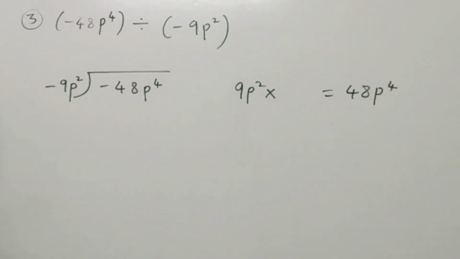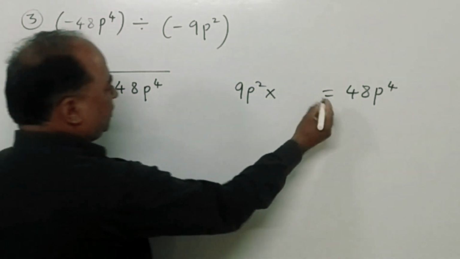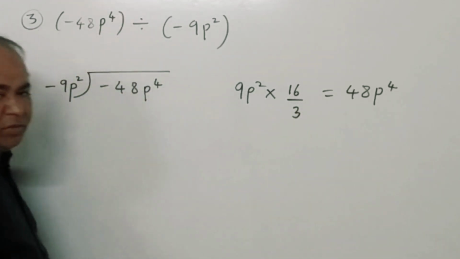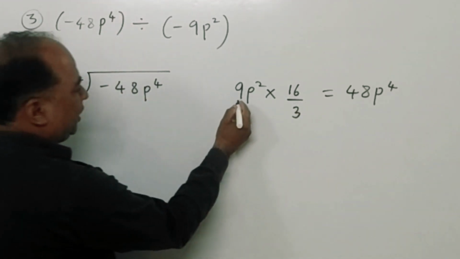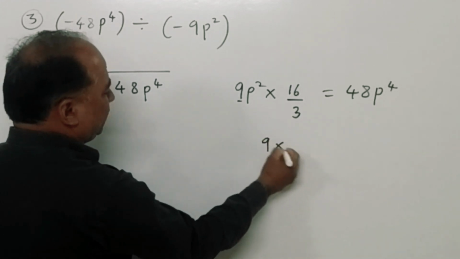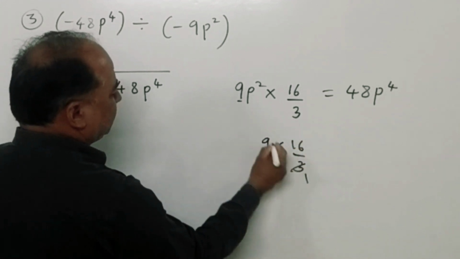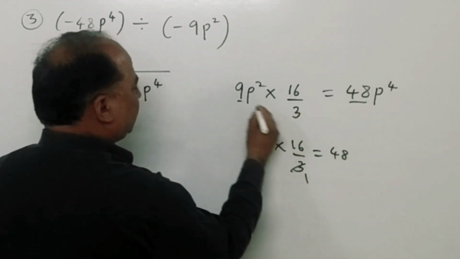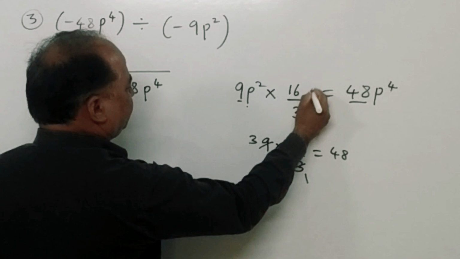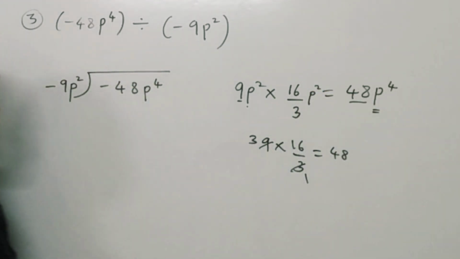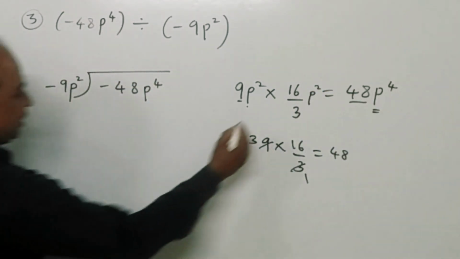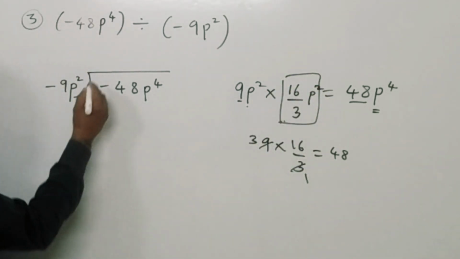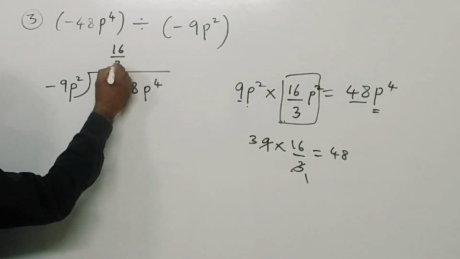So here you have to multiply the number 16 upon 3. When you multiply 9 into 16 upon 3, 3 1s are 3, 3 3s are 9. So you get 48. So 48 is the number, and p square into p square will be equal to p raised to 4. So our quotient is 16 upon 3